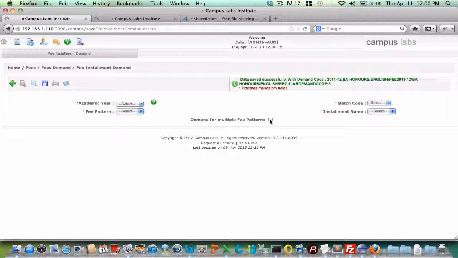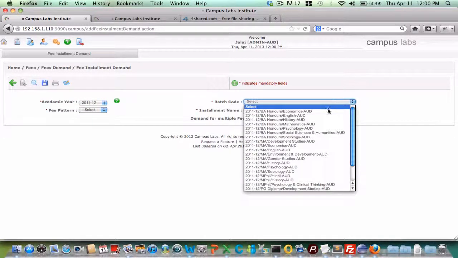There is an optional step if you want to demand for multiple fee patterns simultaneously.